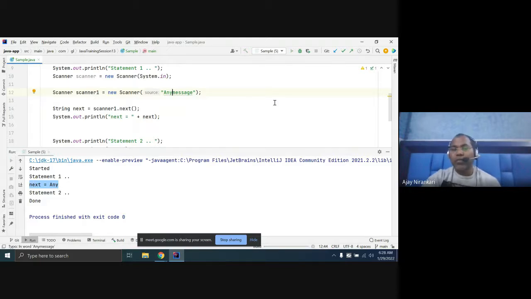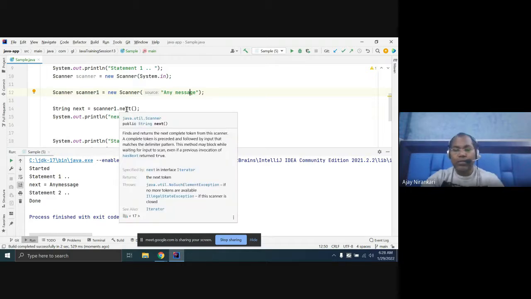But whenever you pass a space, it means this is token 1, this is token 2. What does the next method do? It finds and returns the next complete token from the scanner.